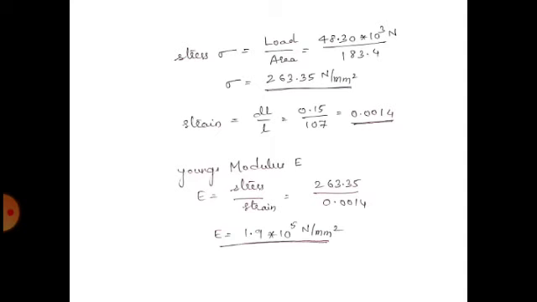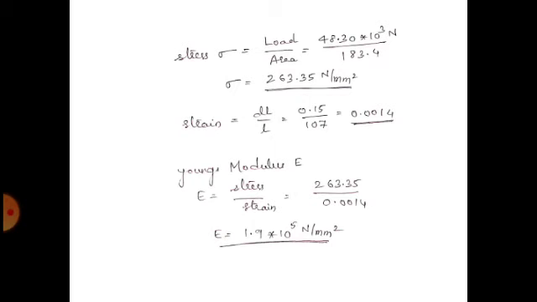So stress and strain for 7th reading. Stress is equal to load divided by area. Load is 48.3 into 10 raised to 3 Newton divided by area 183.4. Stress will come 263.35 Newton per mm square. Strain is change in length divided by actual length. Change in length is 0.15 mm at that load divided by 107. The strain will come